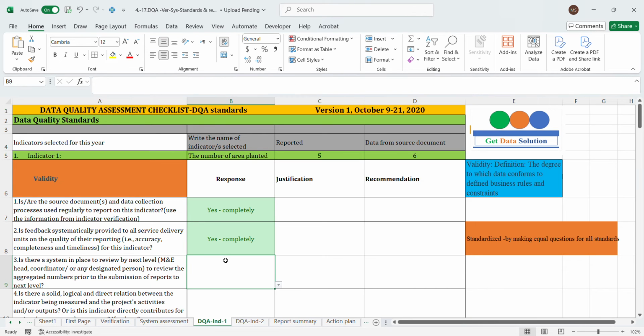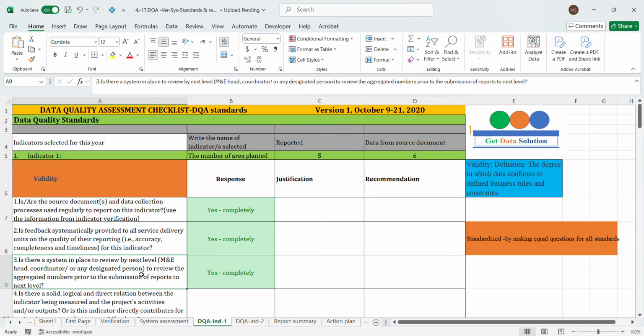If the reporting system has that included, when the reports are aggregated and reviewed, and someone is doing that job, we can say yes completely. Otherwise, if there are gaps, we can take that gap, for example in this particular case,